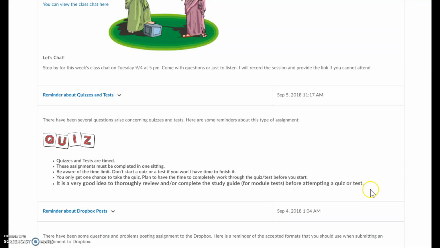So my recommendation to you is to complete the study guide, to download it. You have a couple of options. You can do it as you work through the course. You study a couple pages at the end of that little lesson, maybe on verbs or pronunciation or whatever. Stop and do some of the activities in the study guide that pertain to that. You could also do it at the end before you take the test. So complete the